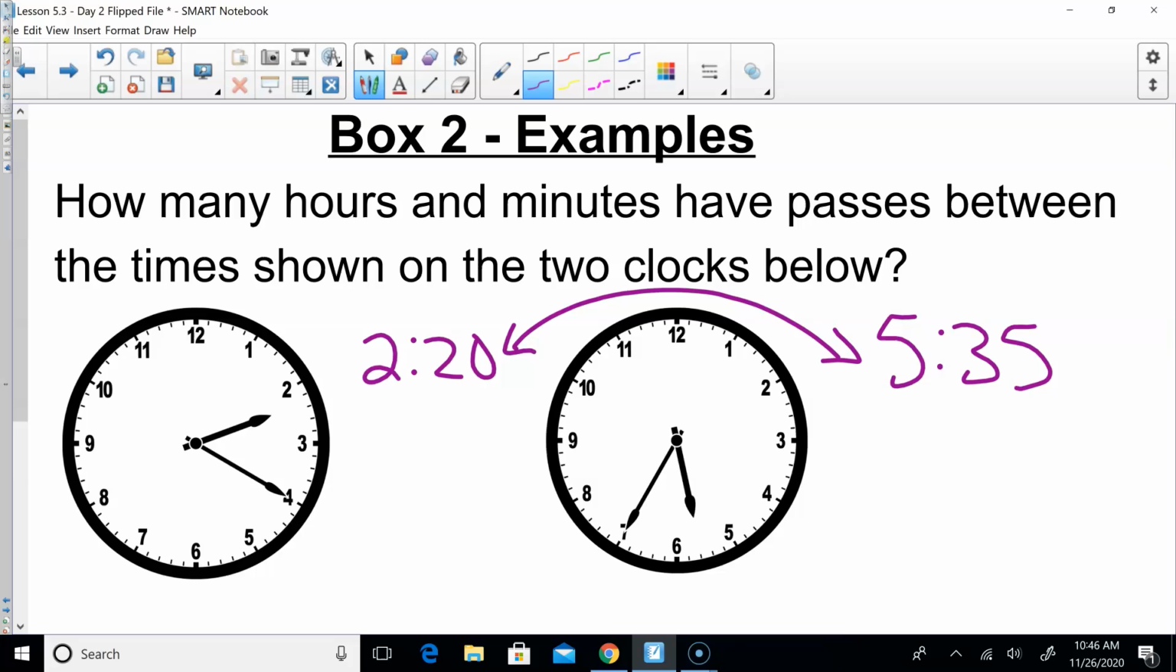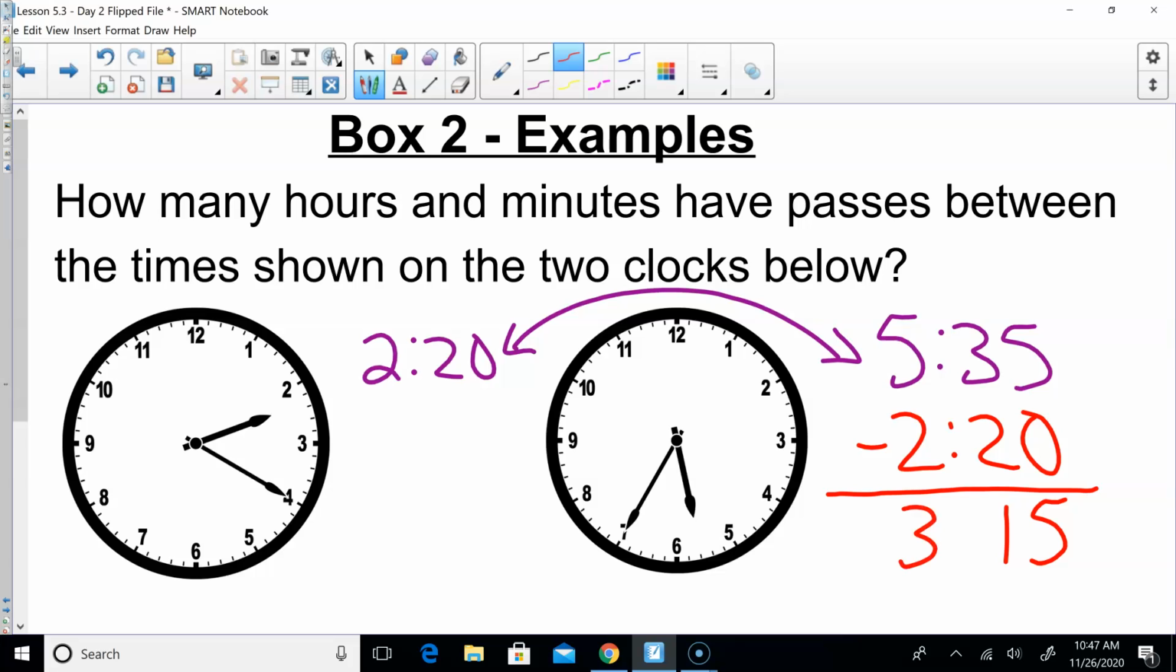One way we can solve this, which works out nicely if this is the case, like this one does, we can actually subtract the time between those two. So if we subtract 2:20, since our hours are smaller and our minutes are smaller, it's really easy to do it this way as a subtraction problem. 35 minus 20 was 15. 5 minus 2 would be 3. So they want to know how much time has passed. It would be 3 hours and 15 minutes